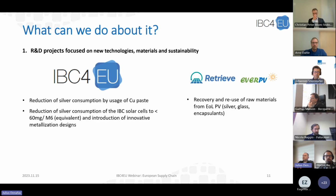Yeah, so what else can be done about challenges and how to avoid them? So of course, R&D projects for a company like us helps a lot. And one of the ways is the reduction of expensive silver paste and replacing it by other materials. So this is what we are working on together with partners in IBC4EU projects, and looking forward to achieving goals like